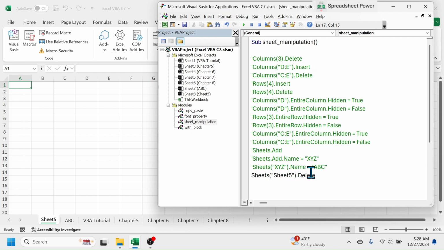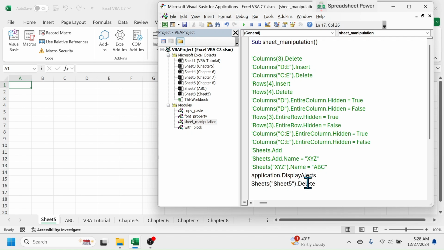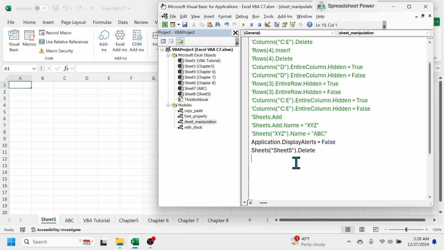Then before this we have to insert this code, that is application dot display alerts is equal to false. This code will disable the delete confirmation message. After deleting this sheet, we have to again enable the delete confirmation message. So press enter and add here application dot display alerts equal to